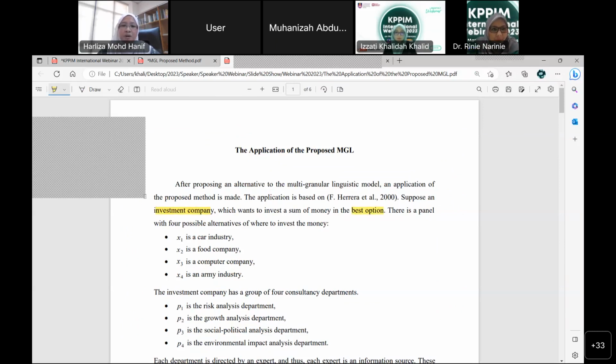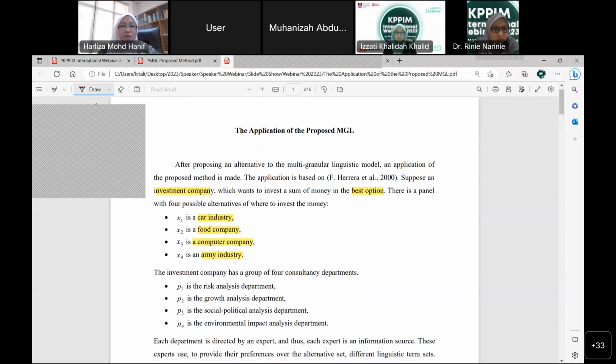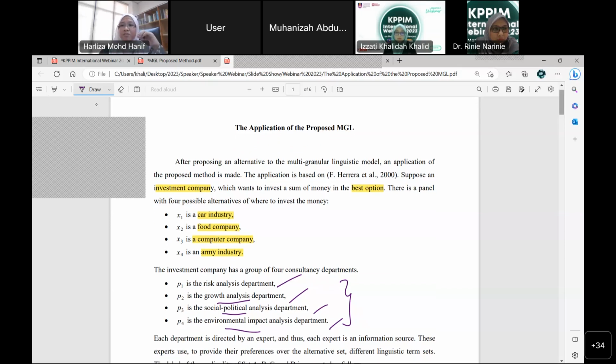So there are four alternatives to choose from: car industry, food company, computer company, and army industry. They have four decision makers to evaluate the alternatives: the risk analysis department, growth analysis department, social political analysis department, and environmental impact analysis department. All the decision makers will evaluate each of the alternatives, and then based on their preference